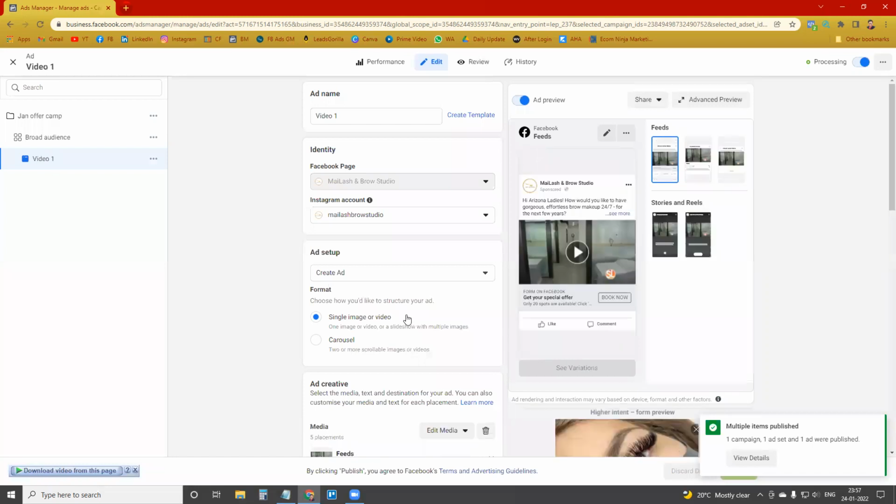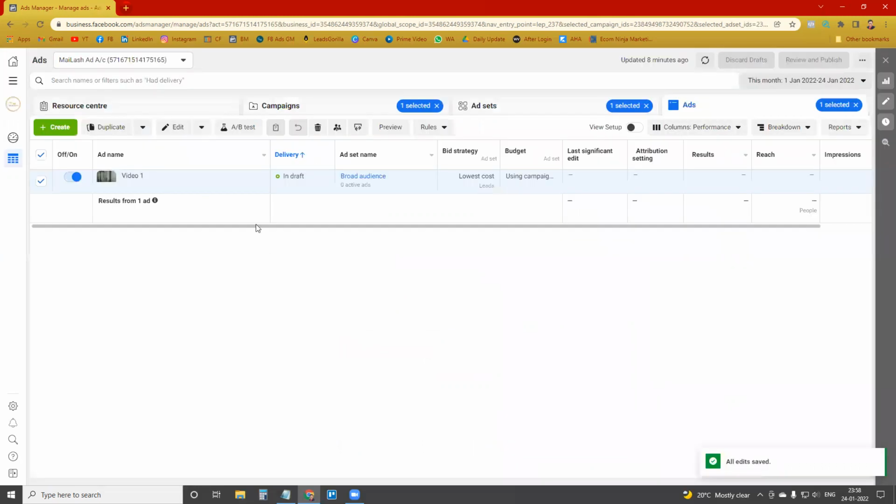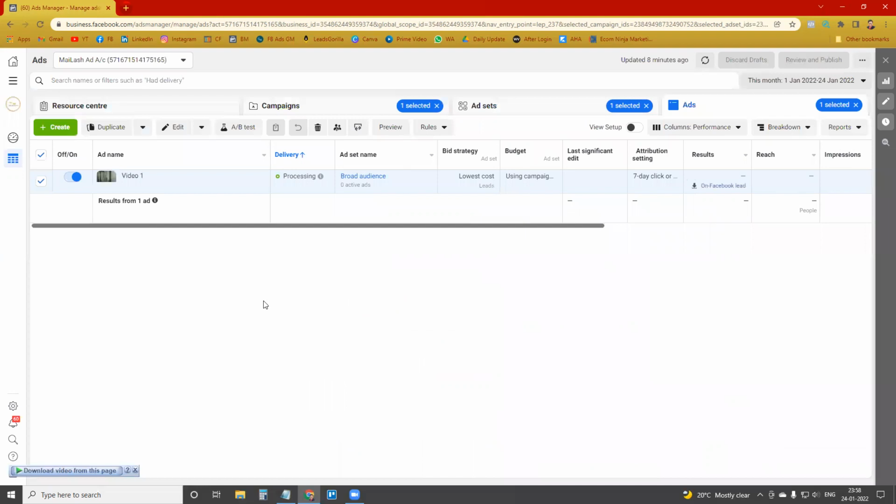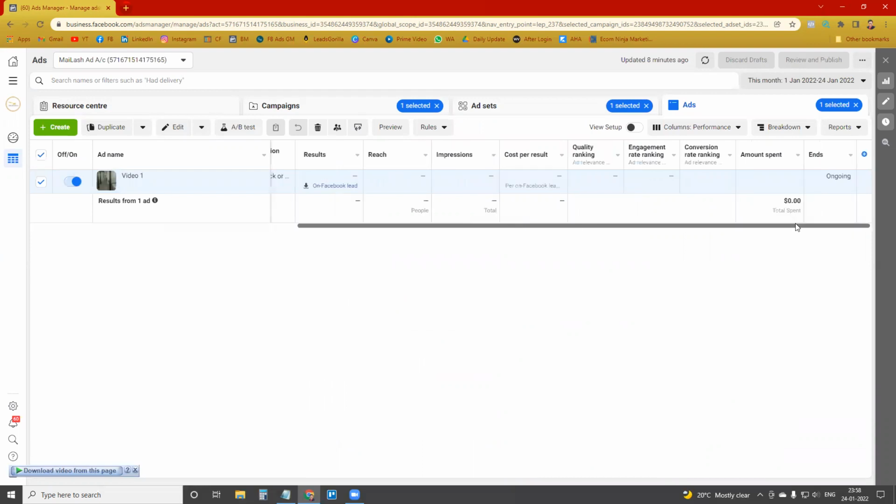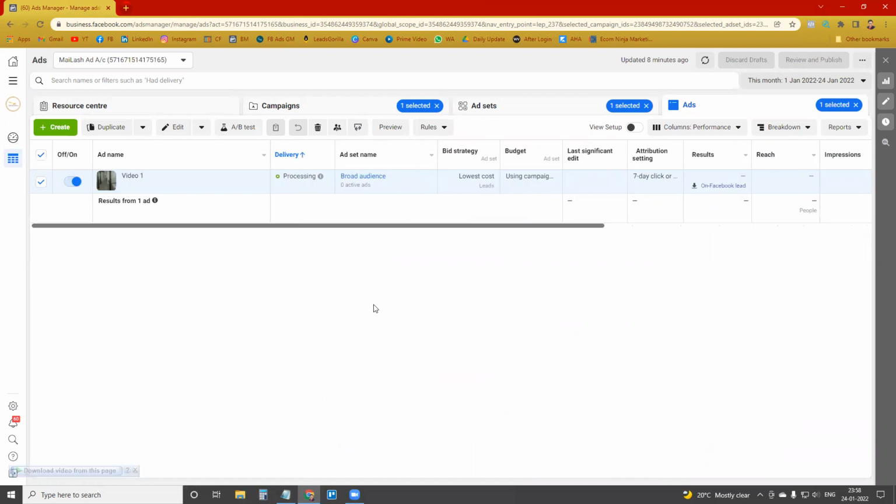Then people will react to our ad, and they will book appointments with us. So this was the process of creating an ad, and you can see our ad is now in processing mode. After some time, our ad is going to be active, and then we can start collecting our leads.